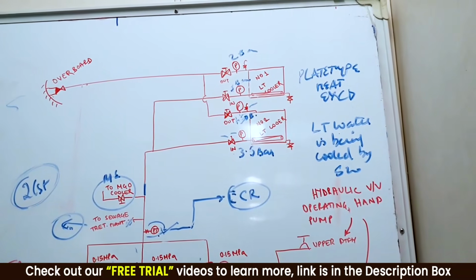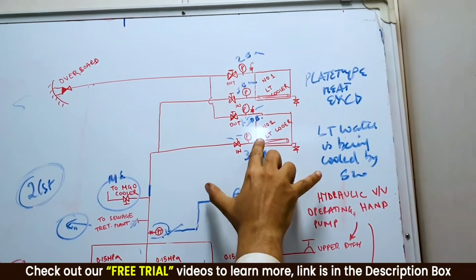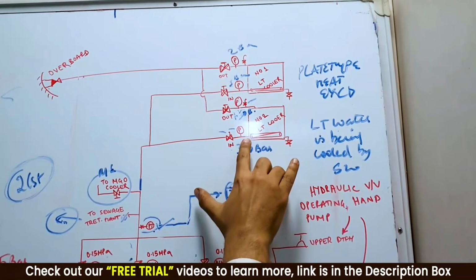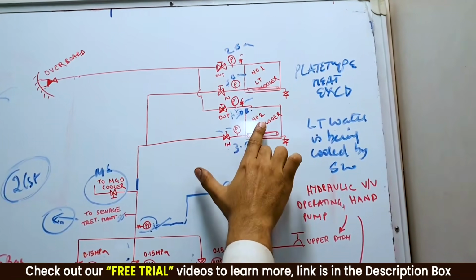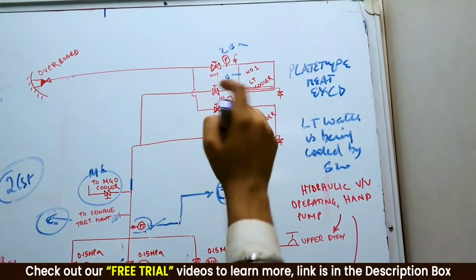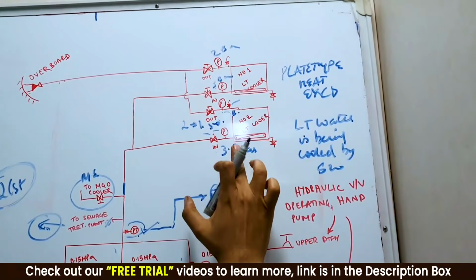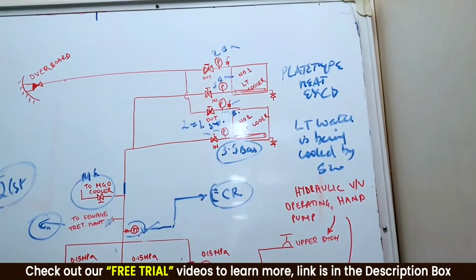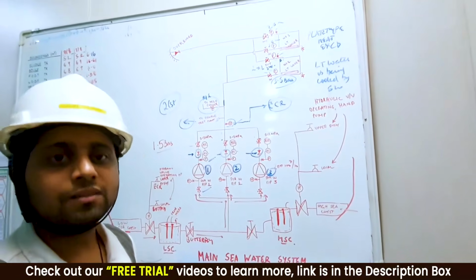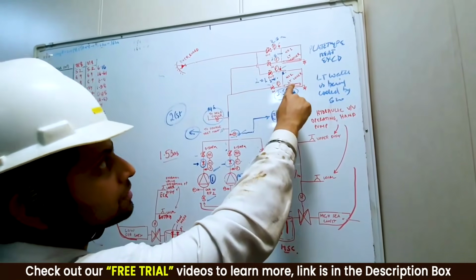Now guys, you see the inlet pressure is increasing, that means the water is not flowing in. What is the reason? Because your filter is getting choked over here, guys. So your filter, if it is getting choked, what will happen? It will not let the water go in easily. If water does not go, then the outlet pressure is going to decrease from 2 bars to 1.5 bars, and also the inlet pressure is going to increase from 3 to 3.5 bars. Normally what happens is when we talk about a filter, we say if the suction pressure is dropping, that means the filter is getting choked. But over here, if the pressure is increasing, that means the filter is getting choked.